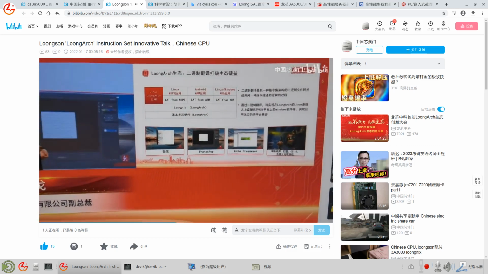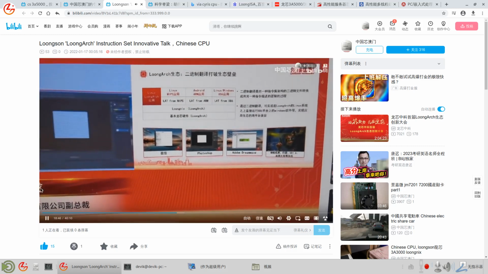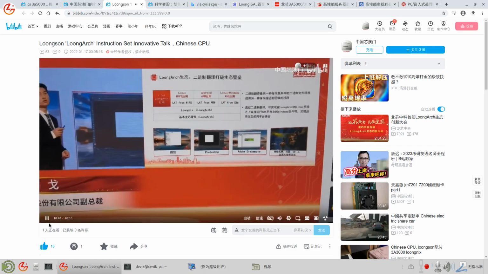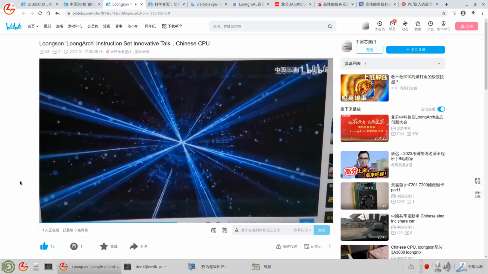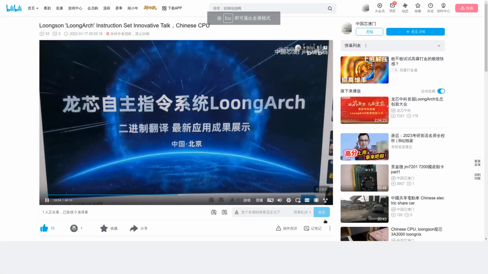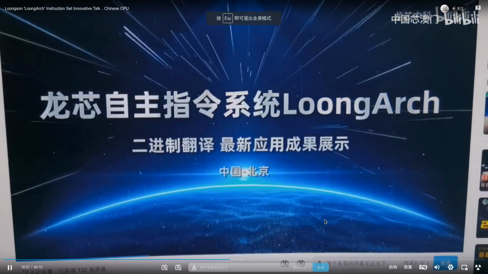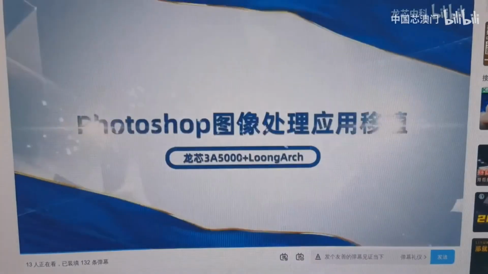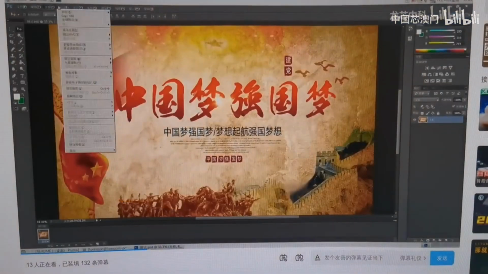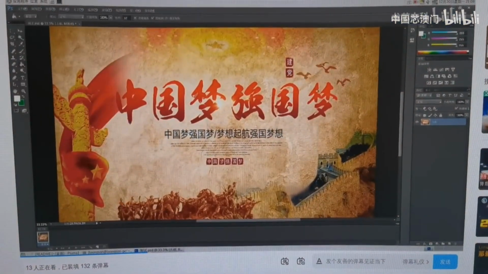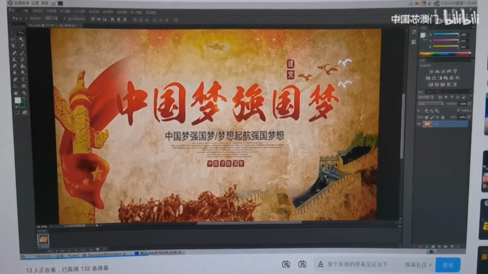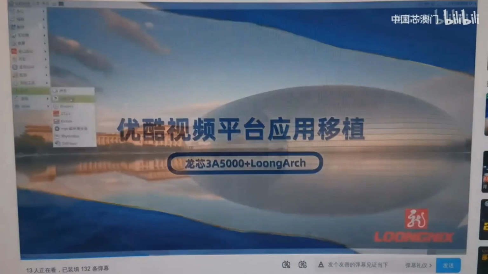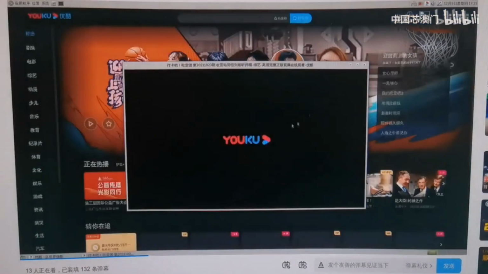Before they couldn't use it. Now you can see the videos of how they run x86 software. So you can see they are running Photoshop, x86 software, on the 3A5000 LoongArch, using other Windows apps as well.